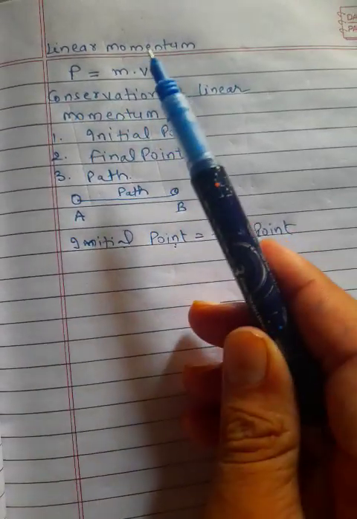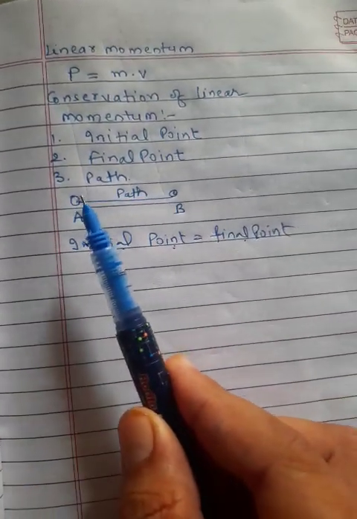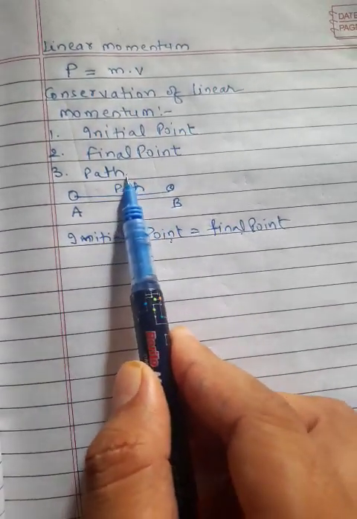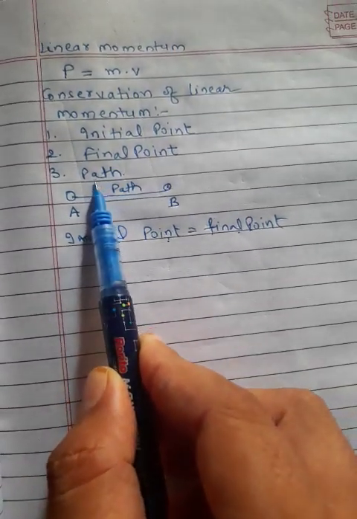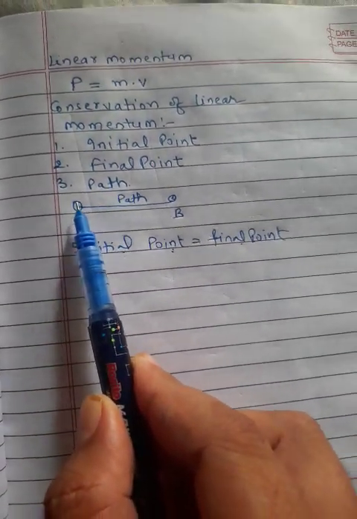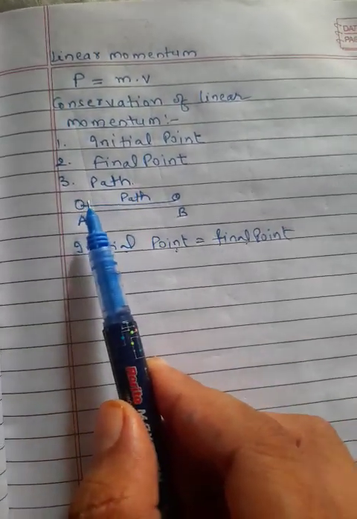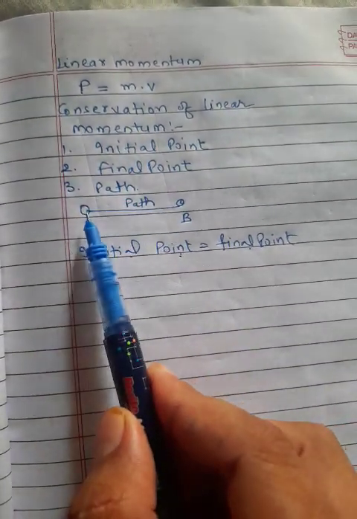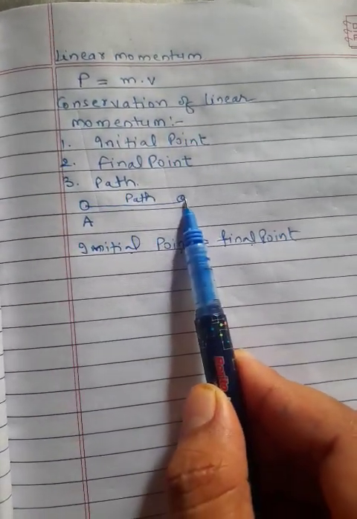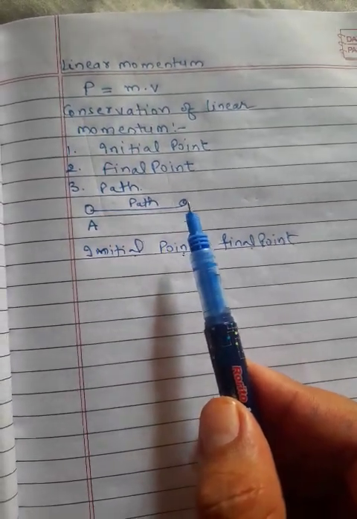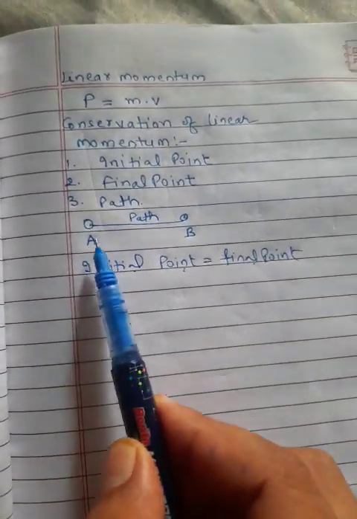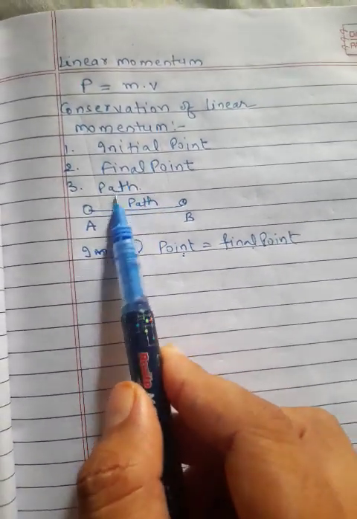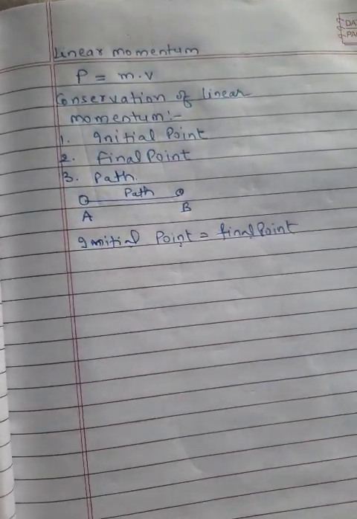In the case of conservation, the object's motion depends on its initial and final position, not its path. It will not depend on its path. If we talk about conservation of momentum, we say initial momentum is equal to the final momentum. So it will show conservation, right? If we talk about energy, we say initial energy is equal to the final energy, and it does not depend on the path.